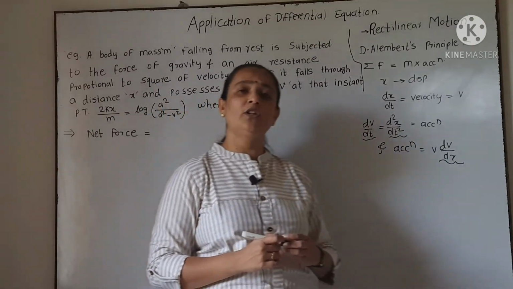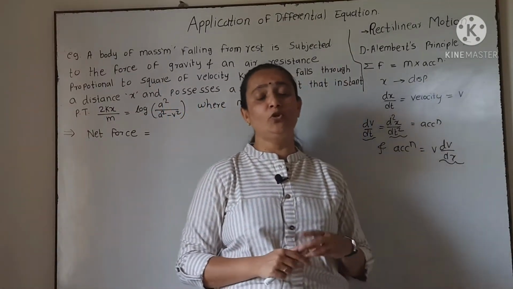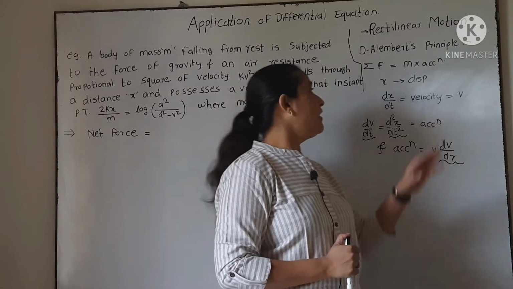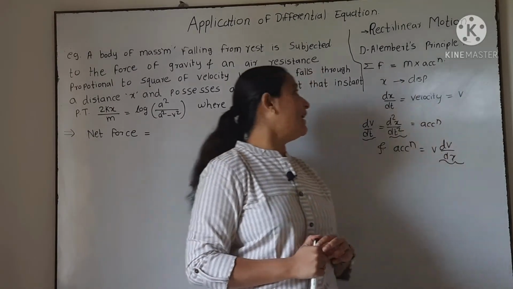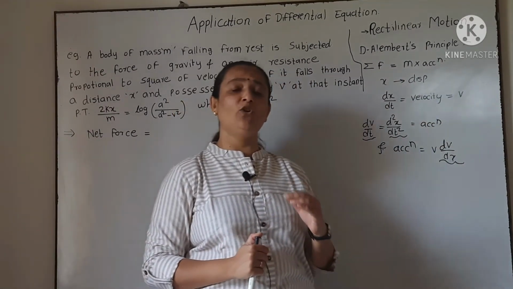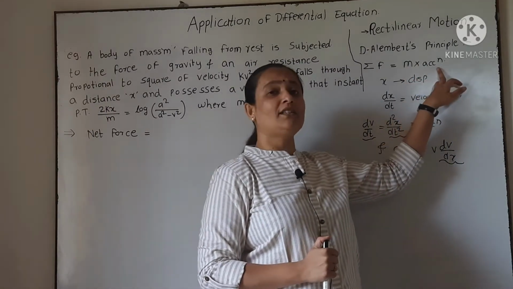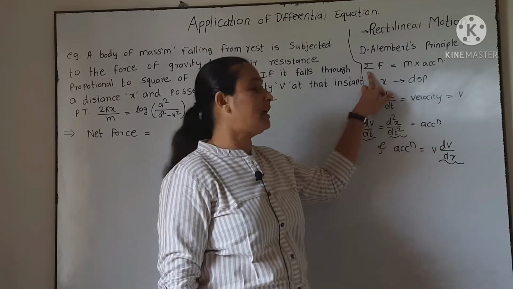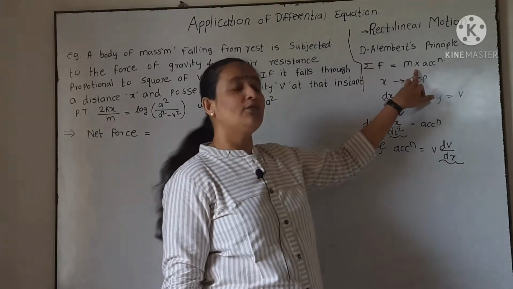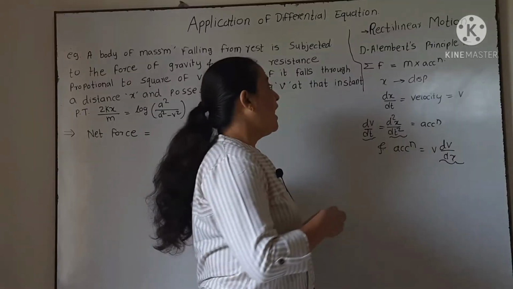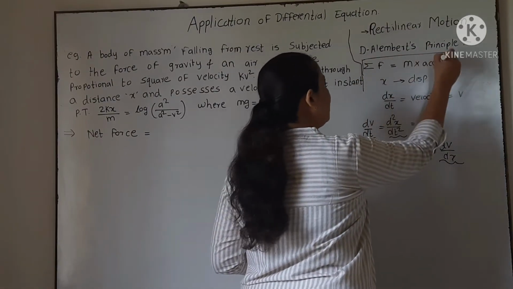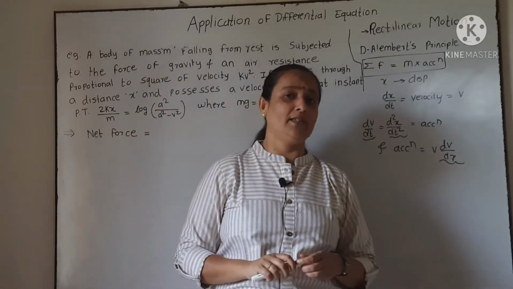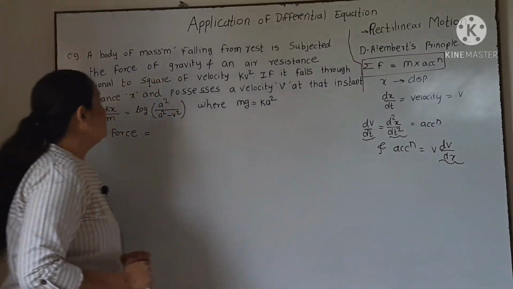Along with this, we know Newton's second law, that is force is equal to mass into acceleration. The generalization of Newton's second law is done by D'Alembert. It implies that the algebraic sum of forces acting on a particle is equal to mass into acceleration. Net force or algebraic sum, whatever may be the number of forces acting on a particle, its sum is equal to mass into acceleration, and we'll use this equation while writing the differential equation, that summation of force is equal to mass into acceleration. We'll consider one example.